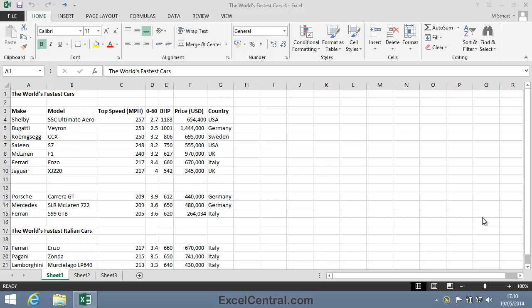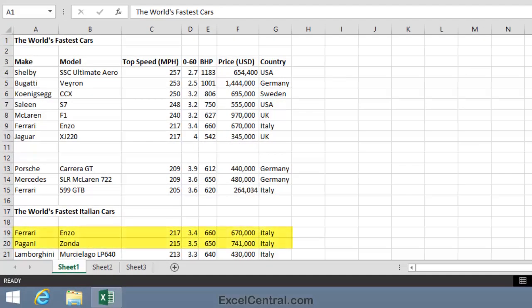For this lesson, you need to open the sample file, The World's Fastest Cars 4, from your Sample Files folder. In this lesson, we'll cut, copy and paste the contents of cells using a technique called drag and drop. To begin with, I'd like to move the Ferrari and Pagani from rows 19 and 20 back to rows 11